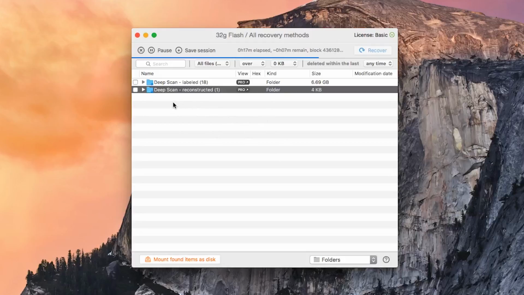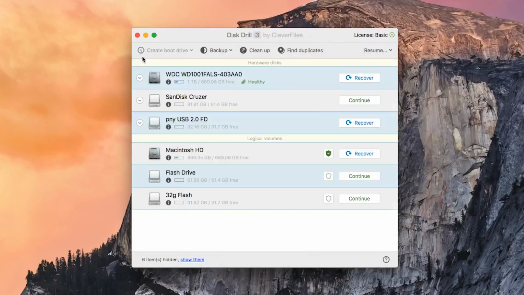The process is fairly simple. At any time, you can click the pause button at the top of the screen, and Distrill will automatically save your session so that you can resume it later by clicking on the continue button on the main menu screen of Distrill. The continue button will replace the main recovery button, which appears as recover in blue,